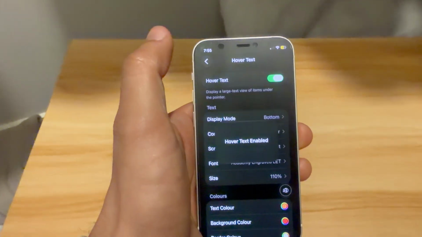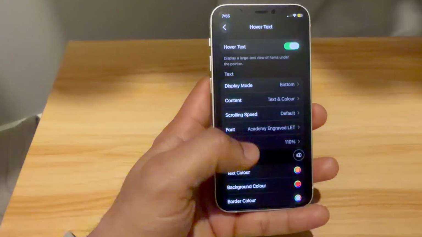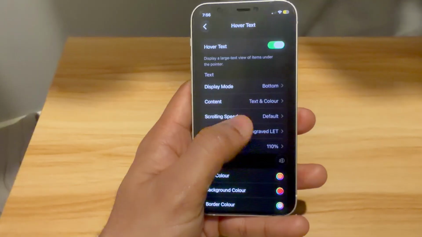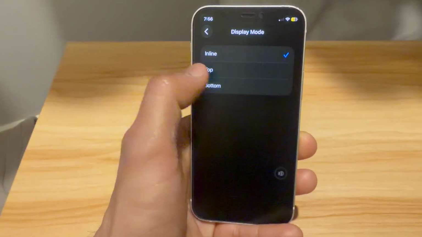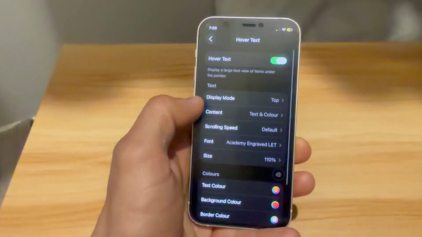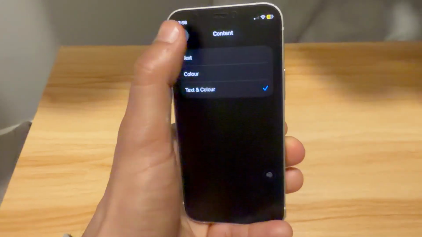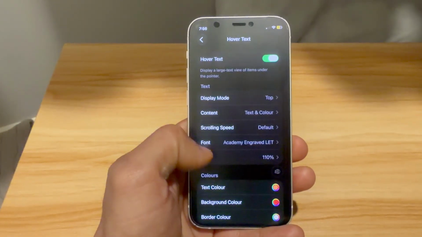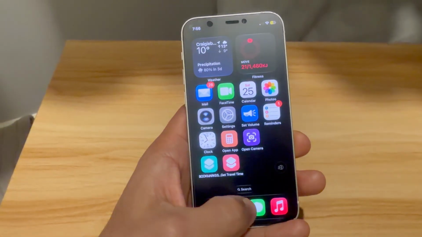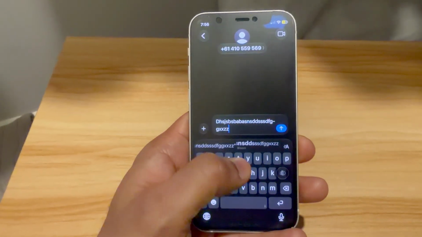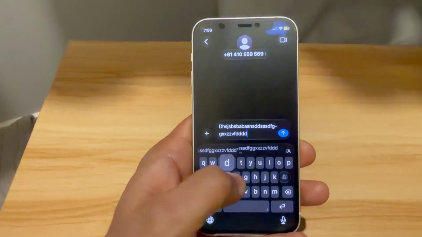Okay, when I turn on hover text, it says hover text enabled, where you can select the color, or where you want it displayed, like in line or top. Let's select top, content, text with color, scrolling, or anything. You can make any changes, or change the size of that. And let's go into the text message, let's say. Okay, and whenever you just type it,